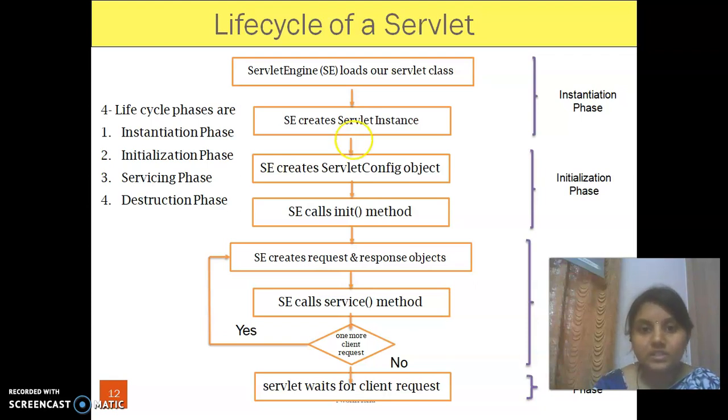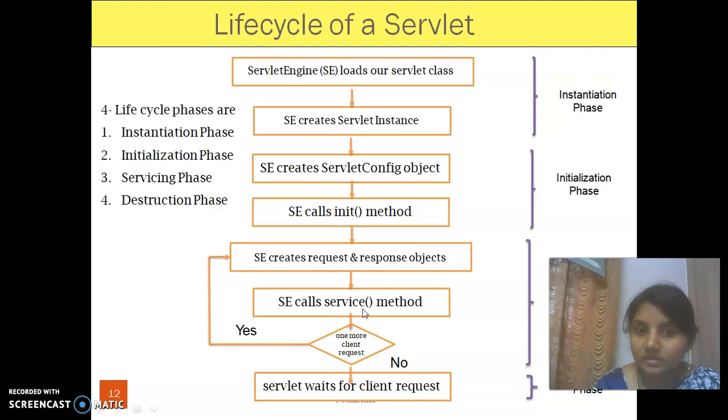Then SE creates a servlet config object, which is available once the servlet is initialized. Then SE calls the init method for initialization. SE creates request and response objects, and it calls the service method.